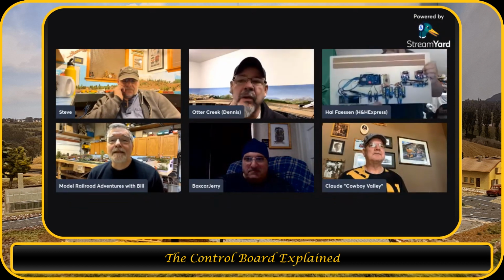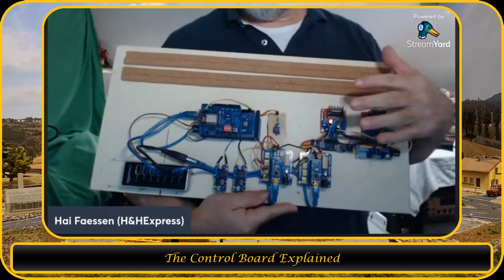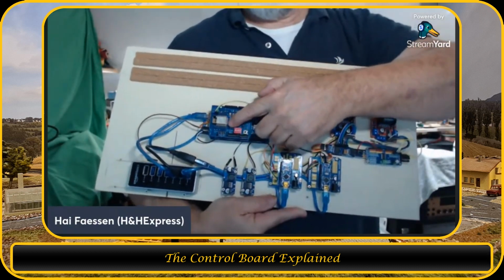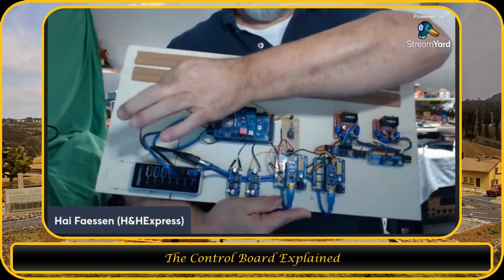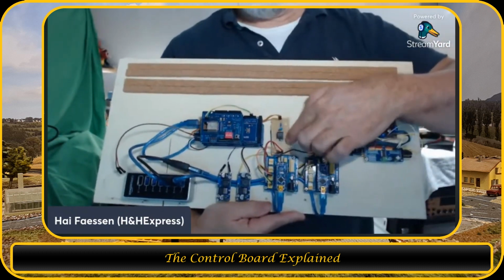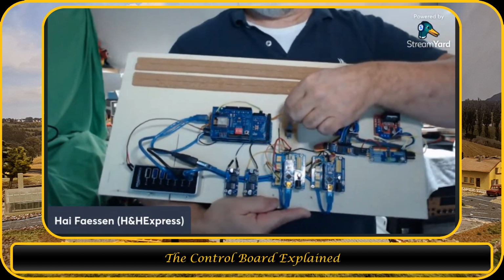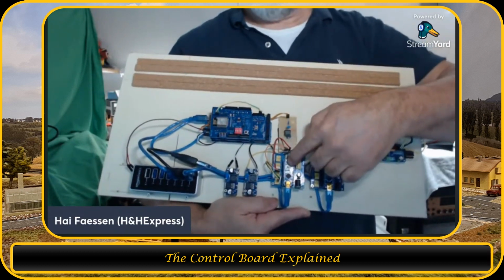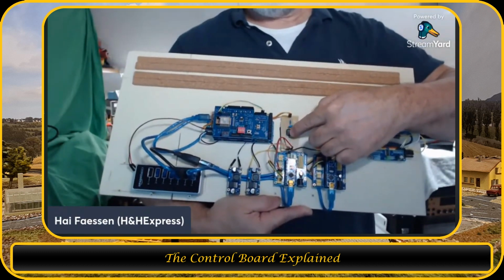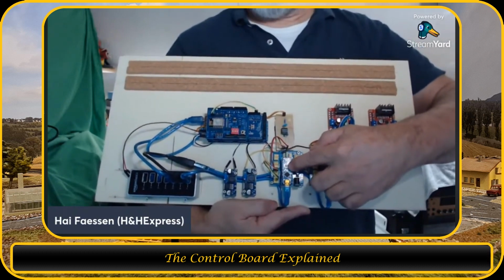I actually made a board so I can explain it. Ah, here we go. If you can put it, yeah, let's get you up there again. Yeah. So this is actually a test example. We have the DCC-EX here, and it also has Wi-Fi on it. The power of this is the DCC bus, and the DCC bus is sent over a fast switching optocoupler. It translates, because the DCC bus, you cannot just connect it to an Arduino. You need to isolate those two. So the optocoupler functions as an isolator, and then I use a DCC inspector to check what is being sent out,